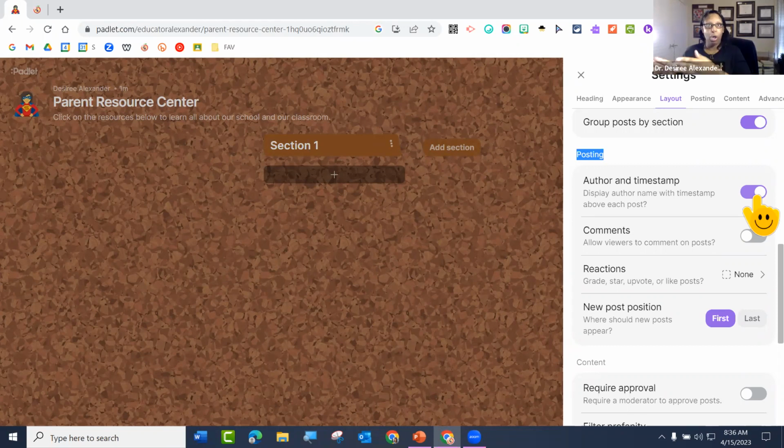So if you turn it on, your students have to have a Padlet account and they have to be logged in to their Padlet account in order to post to your Padlet. Hopefully that makes sense, because how would Padlet know their name unless they're logged into their account? Okay, and that's why I said I'm going to come back to that. I'm going to come back to all your questions if I haven't answered them.